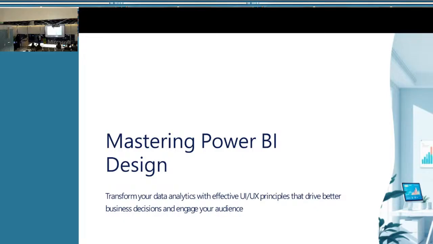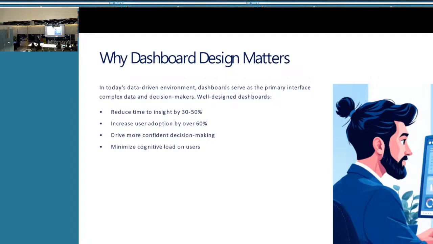But the advantage of Power BI is that it is so easy. Once all the data engineering part is done, using Power BI you can easily visualize, but you need to know the concepts, right? Here, I think Padma might have already told you, it's all about storytelling. For the end user, for the management or the CFOs, why do they need Power BI?